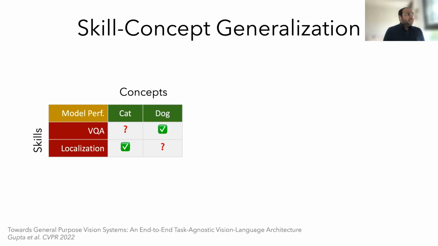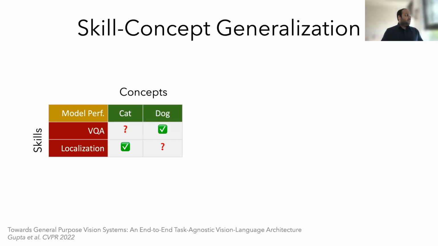And that's interesting because it helps do something that we call skill concept generalization. So what do we mean by skill concept generalization? Think of skills as these tasks like VQA and localization, and concepts as nouns, attributes, or verbs like cats and dogs. And skill concept generalization basically asks the question that if you have supervision for some of these pairs of